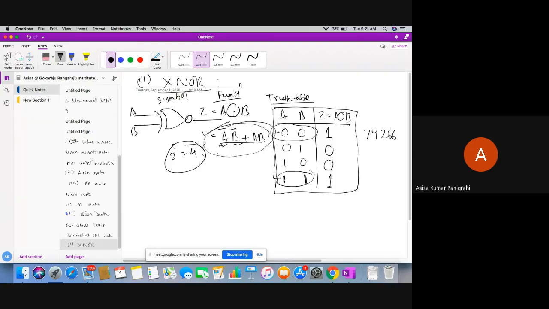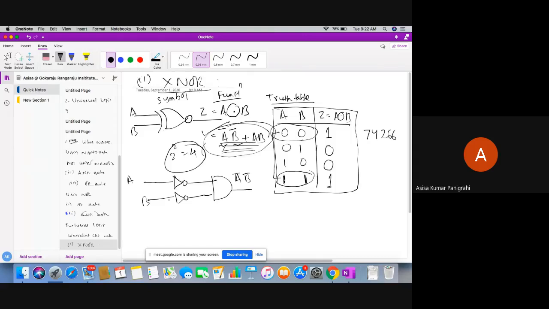Now how to design this using basic gates? Obviously I can, because it's a combination of NOT gate, AND gate and OR gate. So I take A, this is my A bar, I take B and this is my B bar, and AND them to get A bar B bar.